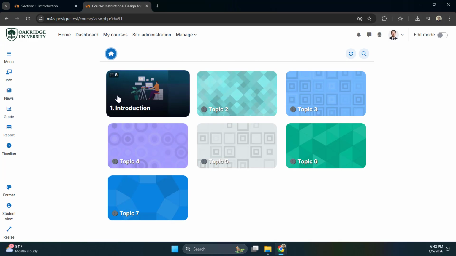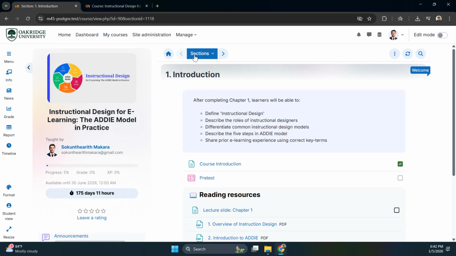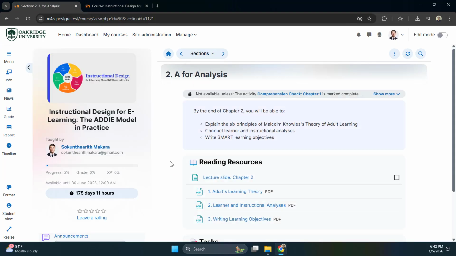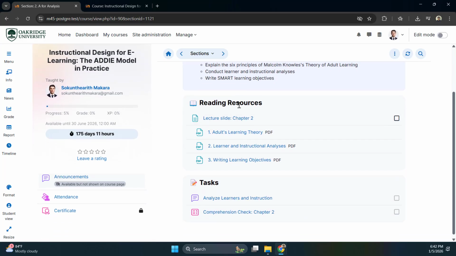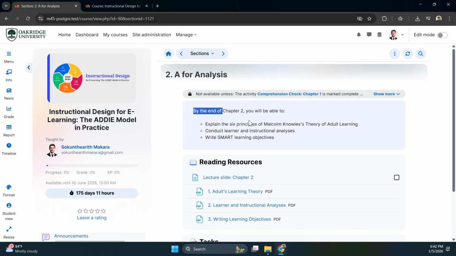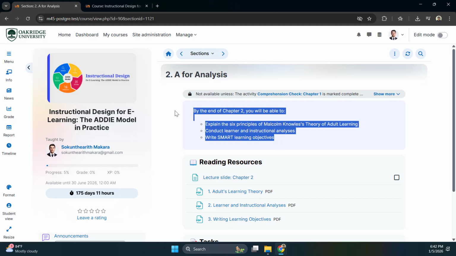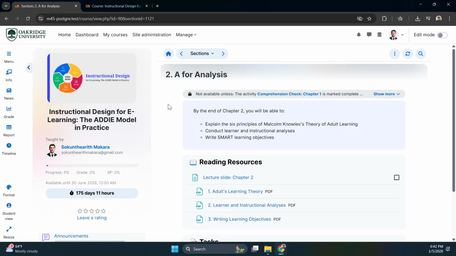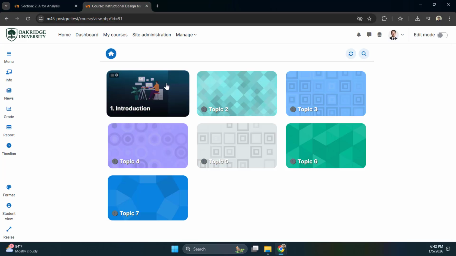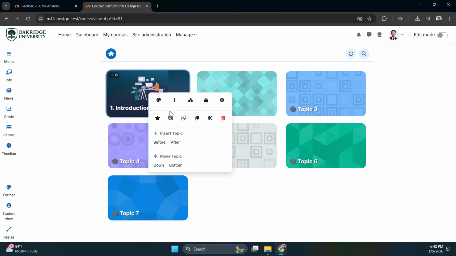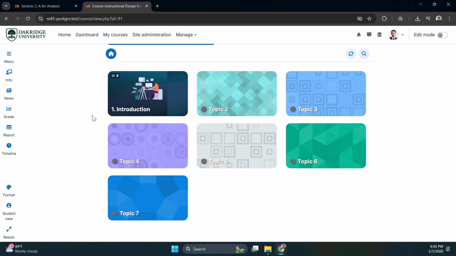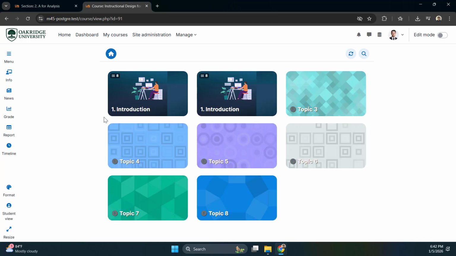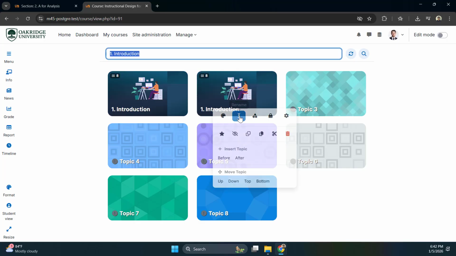Since the second section is very similar to the first one, we have reading resources and then some activity and the introduction at the top. So we are going to copy this one, duplicate, and rename it to